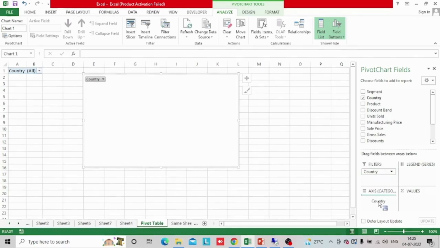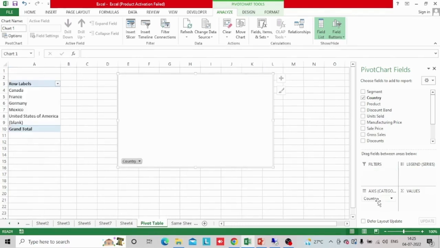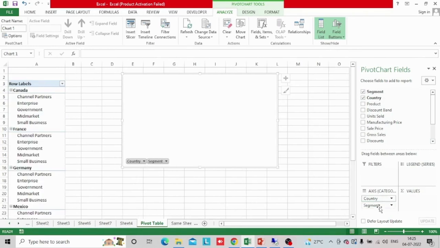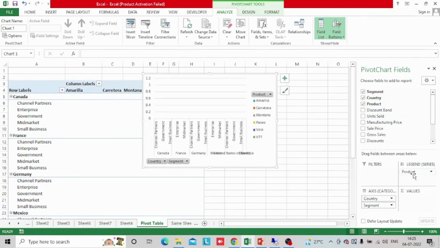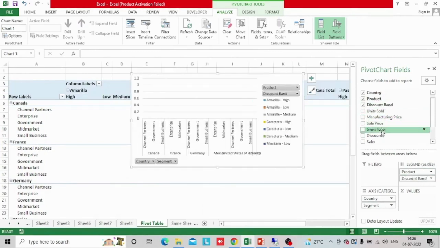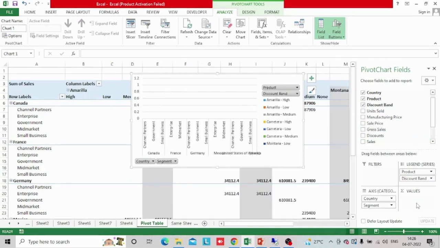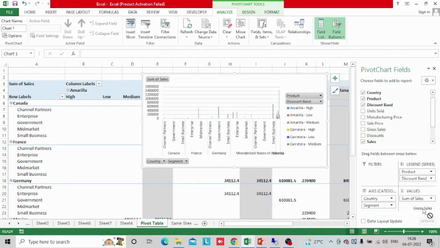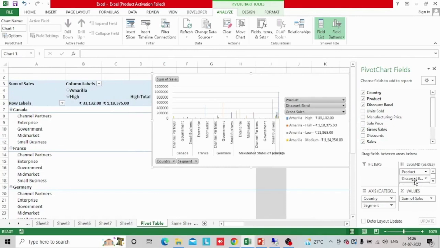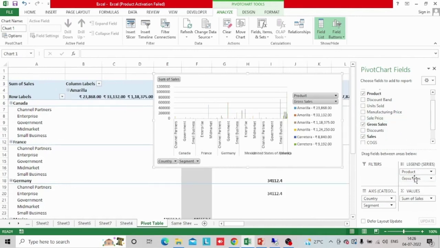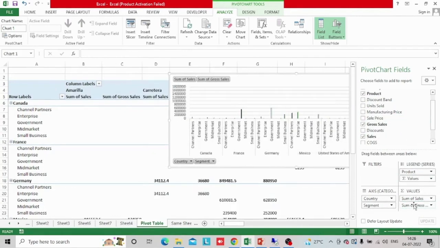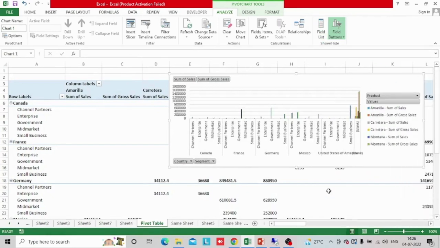We'll put it in the axis category. We'll put the segment also. We'll put the product, discount band, and we want sales and the gross sales. We don't need the discount band, and we need the gross sales. Okay, so